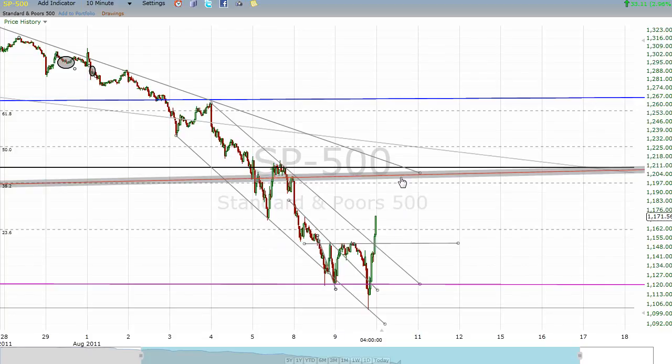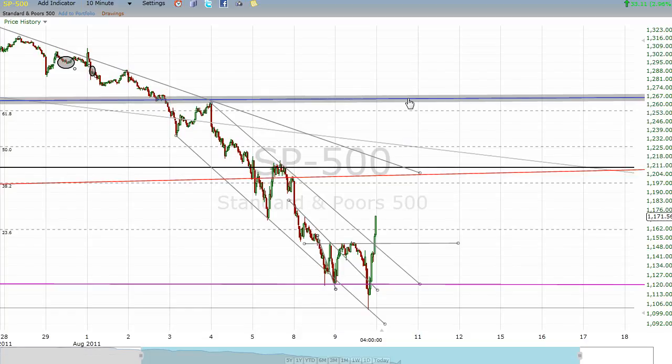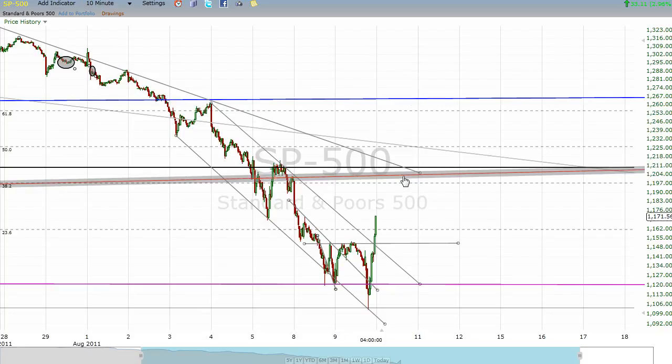But I would think respect Mr. McGee and his book, and not expect to get too much over this red line. If it does, then it could run on up to this neckline, which would be an even better place. But we just have to watch it, see what kind of signal the